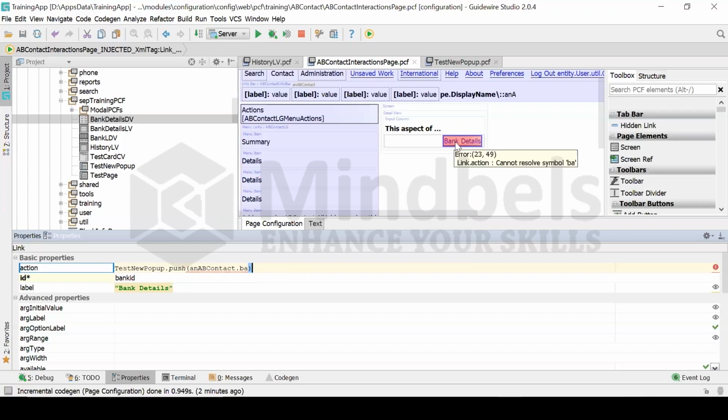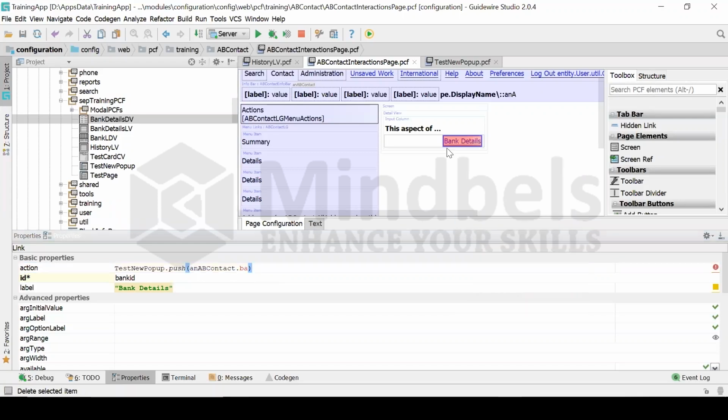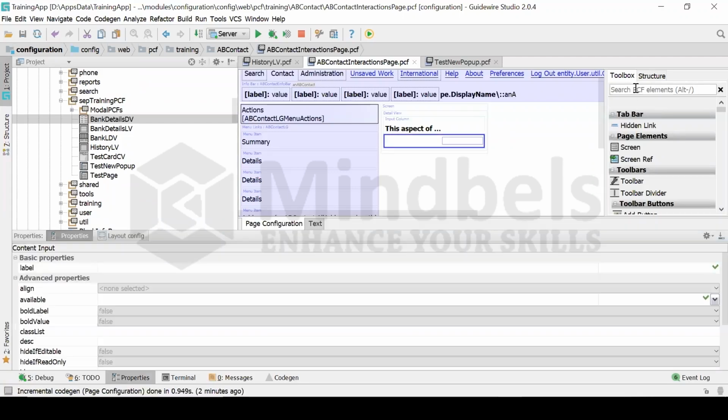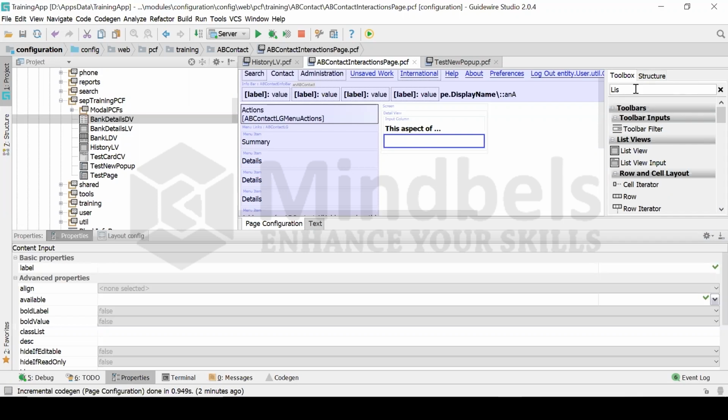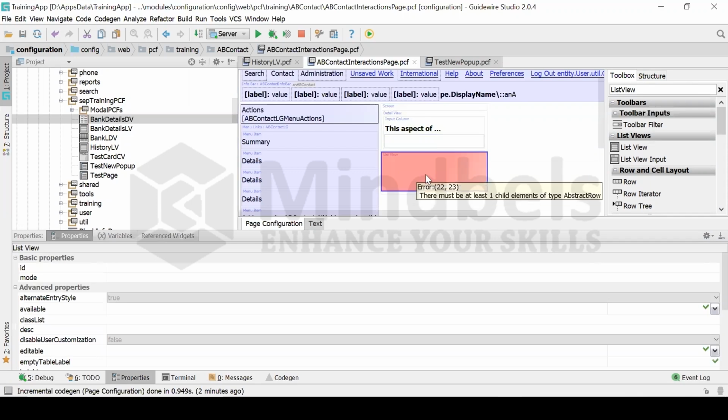So I'm just removing this because there are multiple bank accounts. So we cannot use it in a detail view. We have to just change it into a list view. So directly creating a list view here. List view,